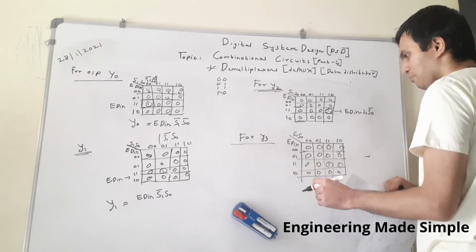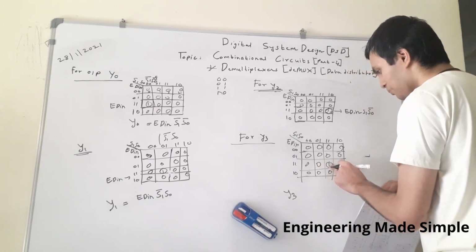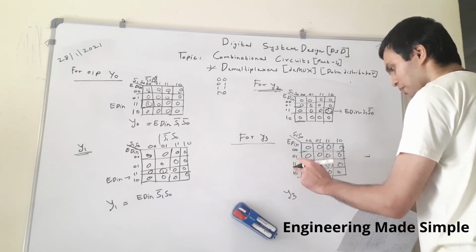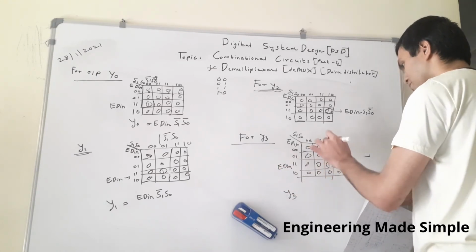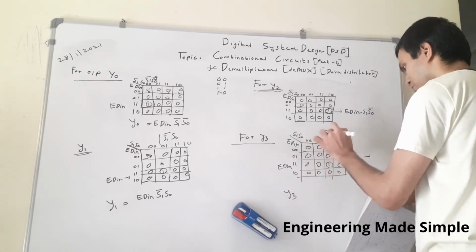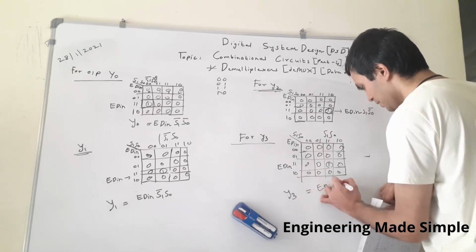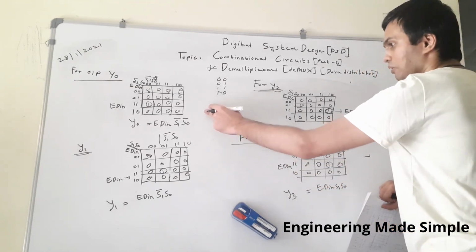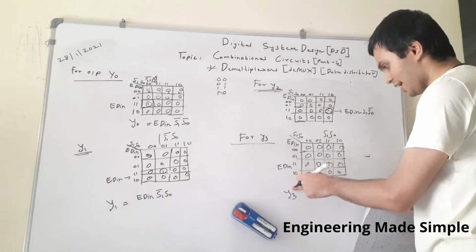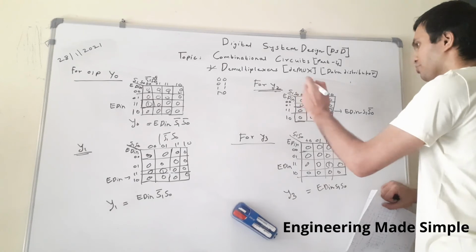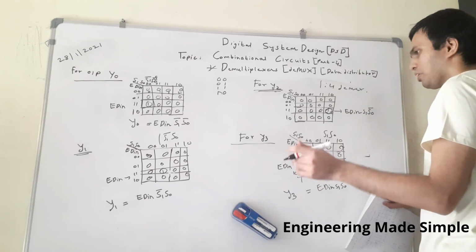Now let us read the K-map in order to get the value for output y3. Only one minterm is present over here. What does this 1 1 signify for E and D_in? And this is also 1 1, for S1 S0. So output y3 will be nothing but E D_in S1 S0. Now we have four output equations, y0, y1, y2, y3. Now let us start the circuit implementation of the 1:4 DMUX using basic gates, because we know all four output equations.